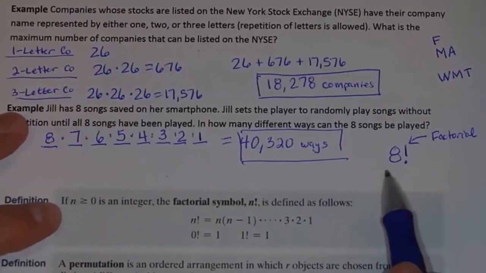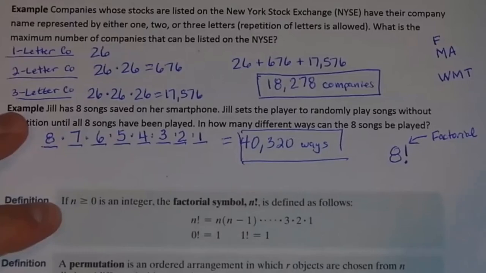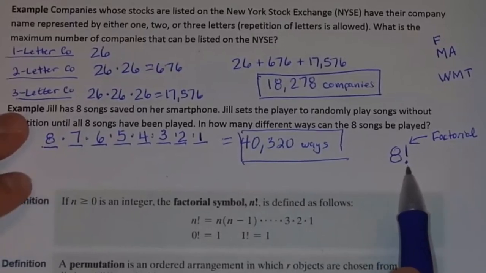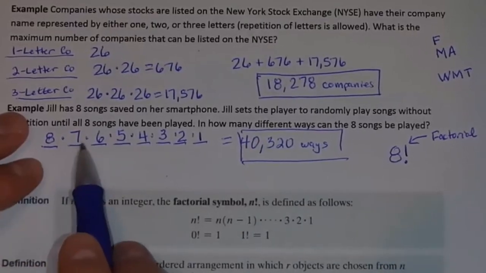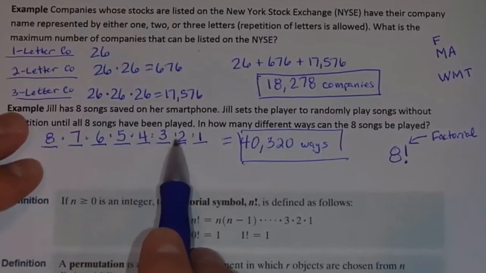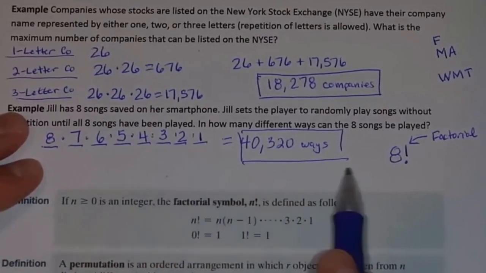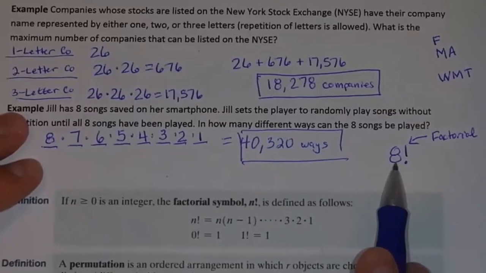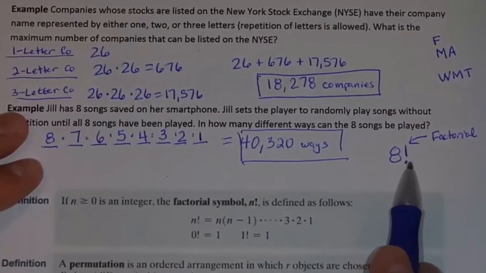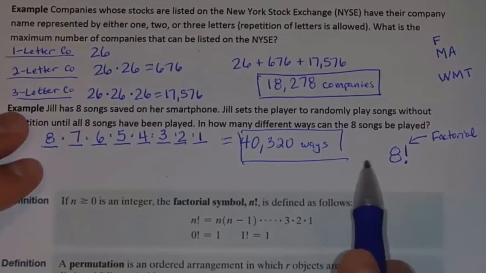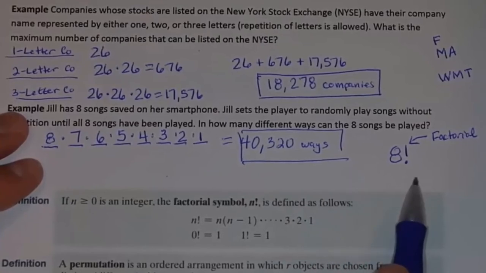So I read this as 8 factorial. Now, 8 factorial means 8 times 7 times 6 times 5 times 4 times 3 times 2 times 1. So anytime you see a number with the factorial symbol behind it, it means you're going to take that number times the next lowest number times the next lowest number times the next lowest number all the way down to